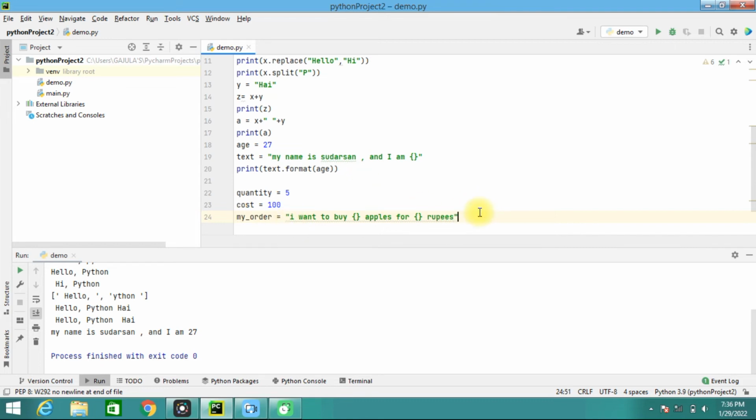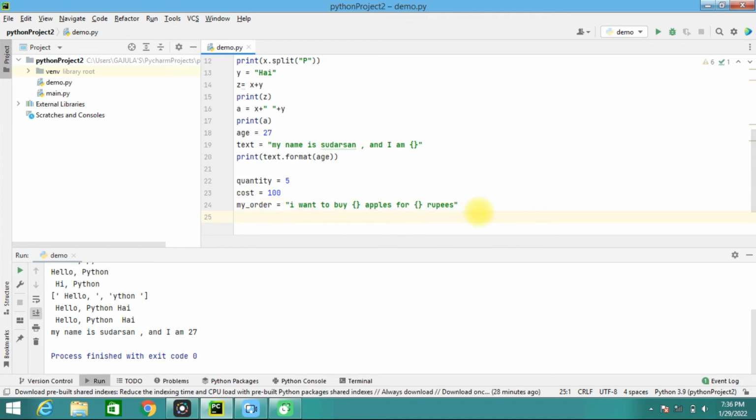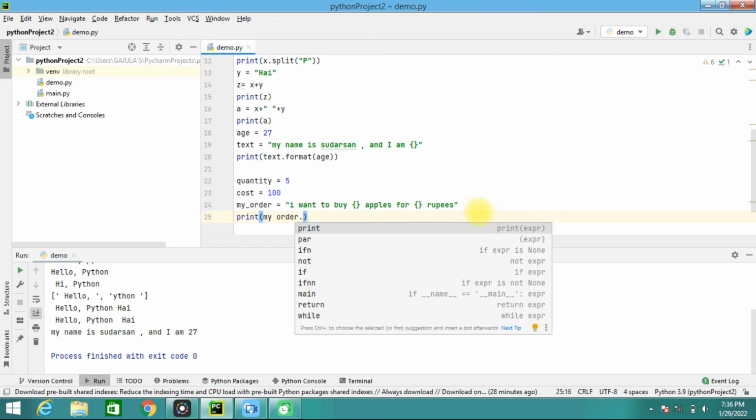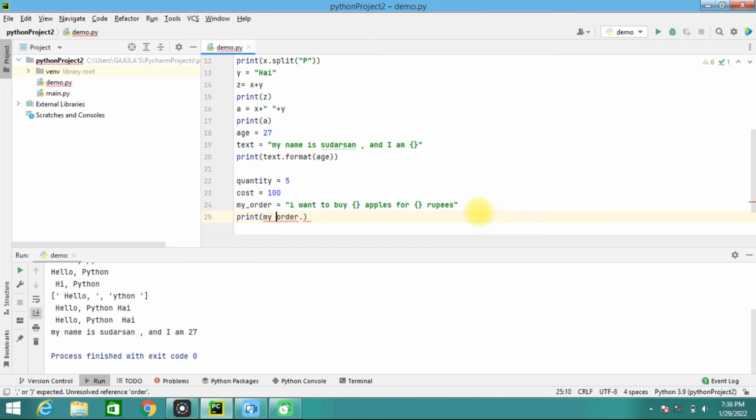Okay, so here I want to buy 5 apples for 100 rupees. This is the statement I need to get. So in order to get that, I need to define print of my order dot. So my order space wasn't there and should not be given also. My order dot format